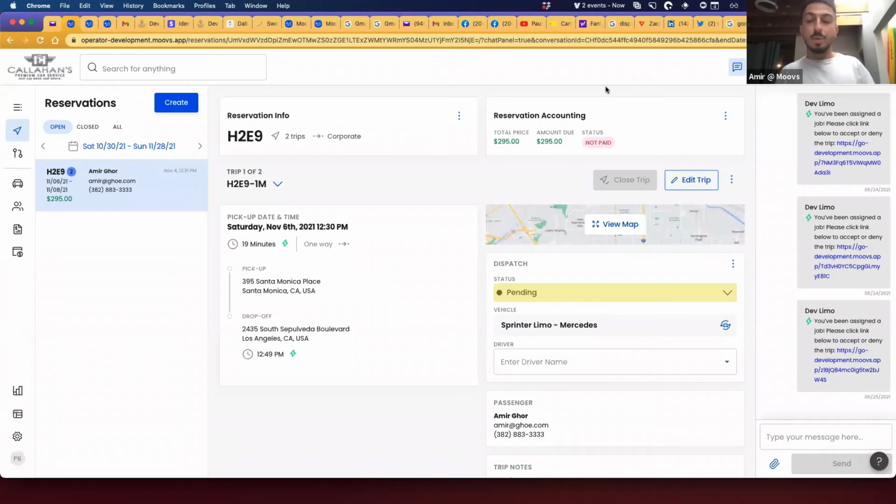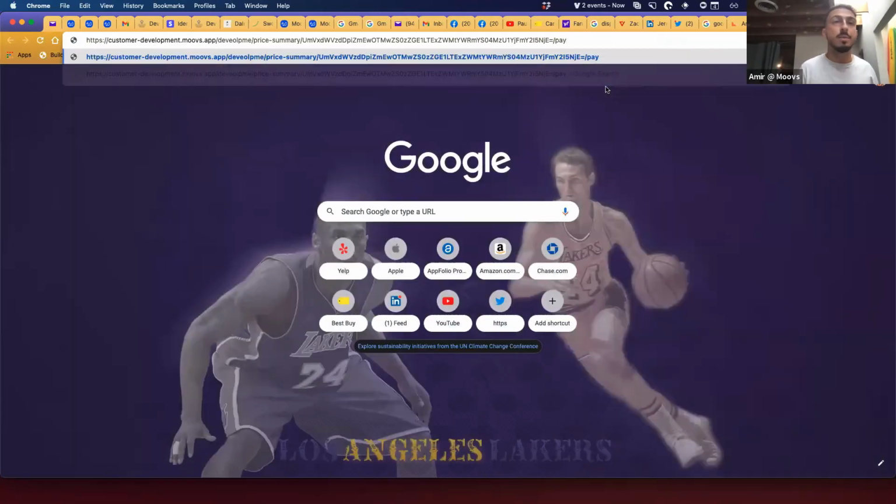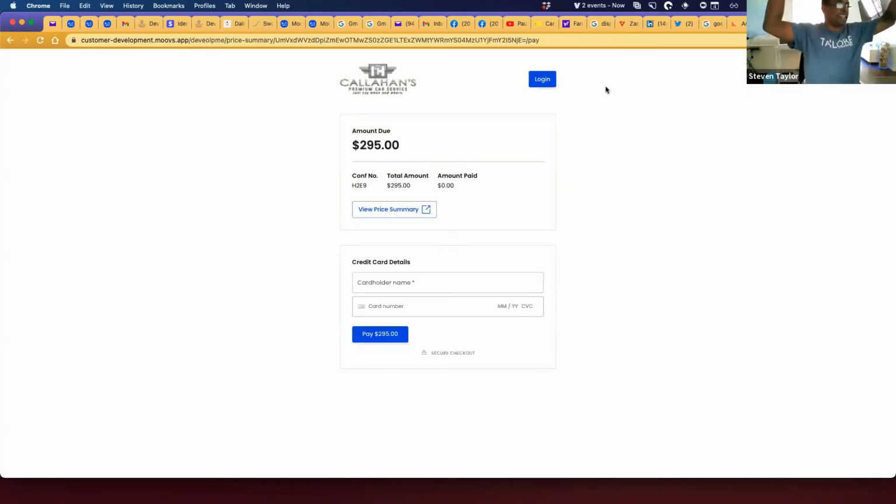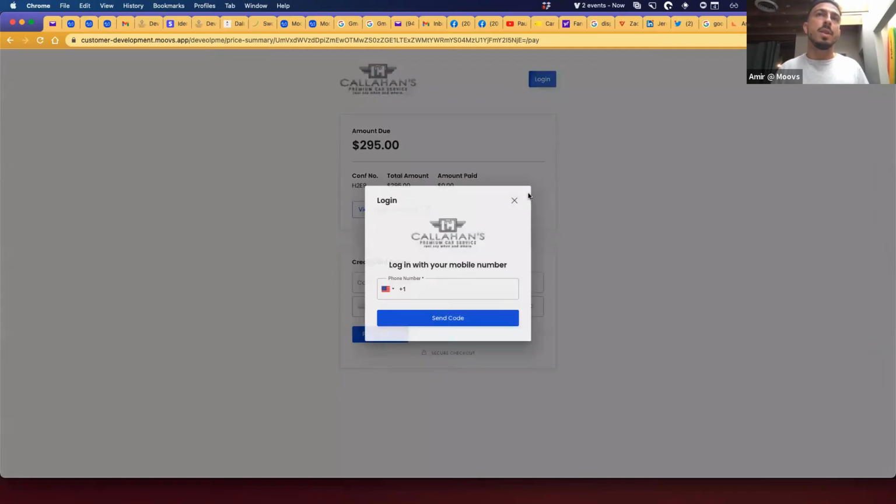And then what happens when a customer opens this payment link is obviously super powerful. They'll click here, right? And then this is now the safest way to collect money, contactless payment from your customer. And now they'll come here, they can actually log in. So if they log in, they get access to that credit card. Yeah, I could see if I have a login on this account. Let's see. If I don't, it's fine.